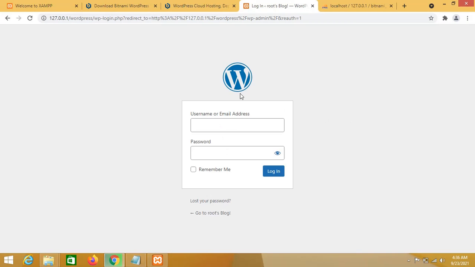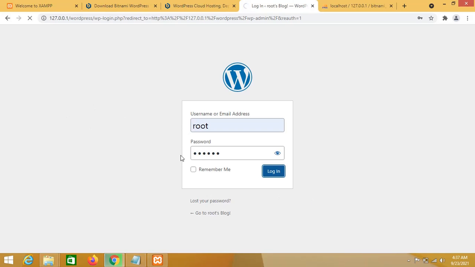See, in order to log in to the WordPress dashboard, we have to give a username and password. At that time you have given the username as root and the password as password. Here I have entered it. Now click login.